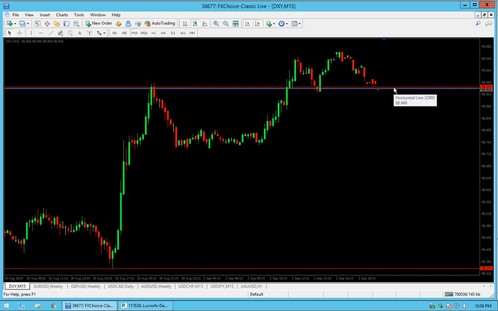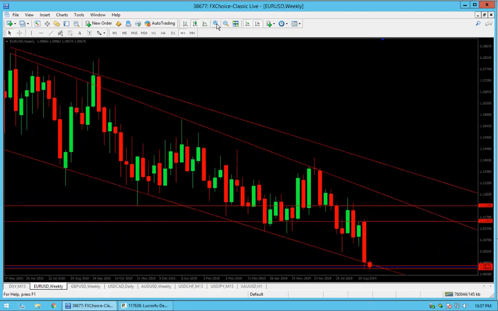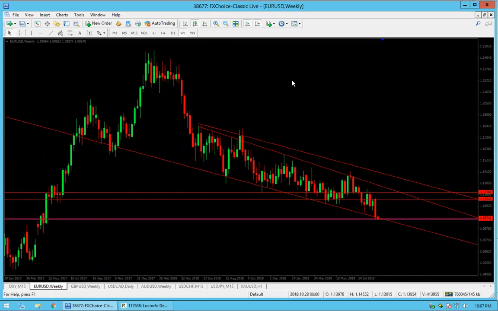So we'll see how it reacts once it either breaks, or if we see some strength going to the upside. But along with that, on Euro USD, this pair here directly correlates with the dollar index. Sorry, I have it a little messy here for you guys, but as you can see, this is the weekly time frame on Euro USD, and like I mentioned, it correlates with the US